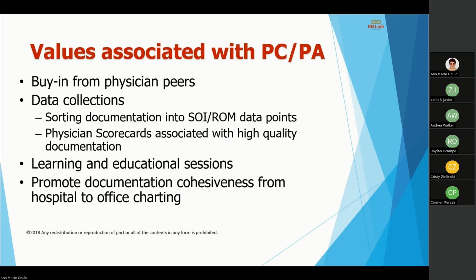So some of the values when you have a PA, of course, you get that buy-in with the physician peers. You have data collection. You're sorting documentation into SOI, ROM data points, but you also have physician scorecards associated with the high quality documentation. And I think that's great. Hospitals have scorecards, so do physicians, providers. I always go on,